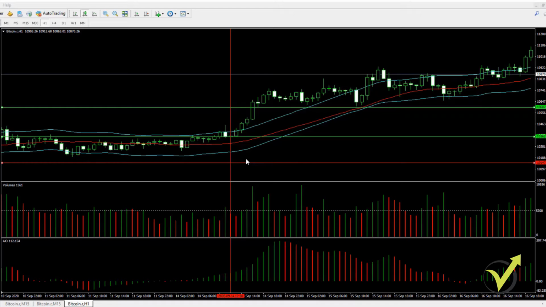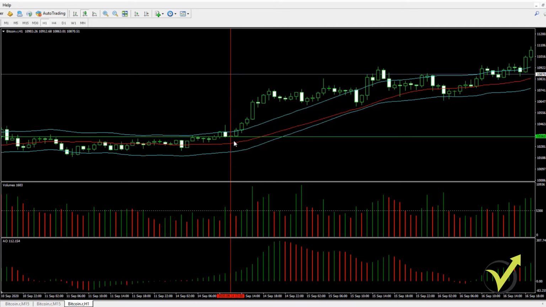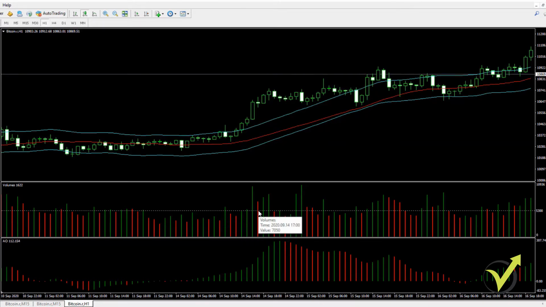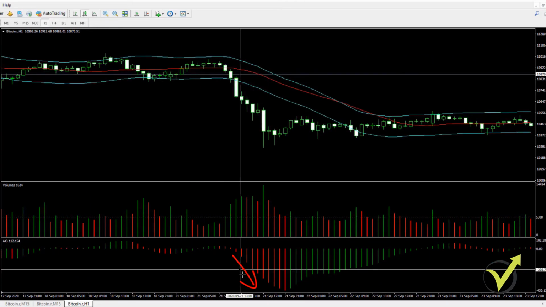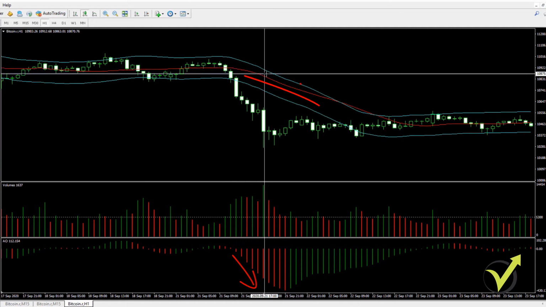Alright, and here it's very important to note that we are selling with the opposite confirmation from the awesome oscillator and from the moving average, but the volumes stays the same. Okay, so when we sell, I will remove all of the lines from this example. When we sell, we use the volumes again crosses the level line upwards, because we are looking for the volatility no matter we are buying or we are selling. But for the selling, we need to see that the awesome oscillator falls and as well the moving average falls.